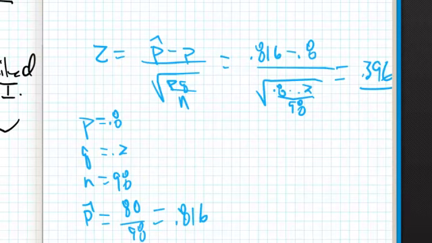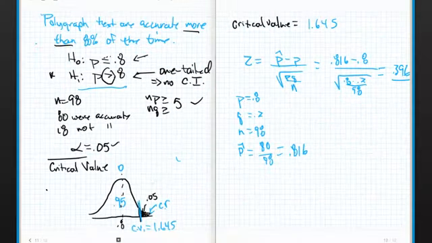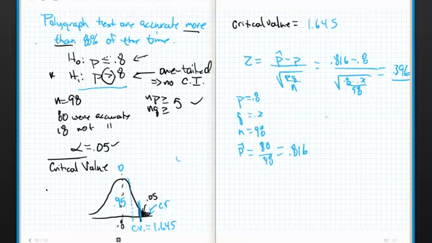I mean, think about it. On the standard normal curve, this 0.8 turns into a 0. So 0.396 is like right here. That is not acceptable, right? It's not enough evidence to reject the null, which implies, think about that, which implies that the claim itself is wrong. So because, now we're going to write this up nice and clean and nice and pretty,